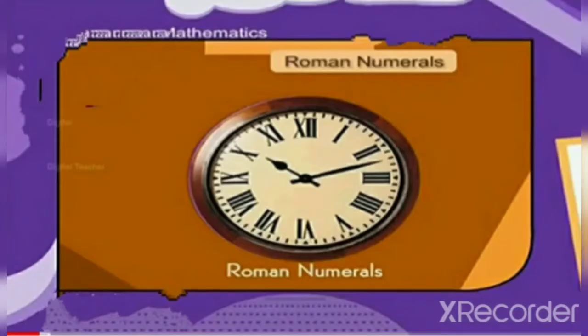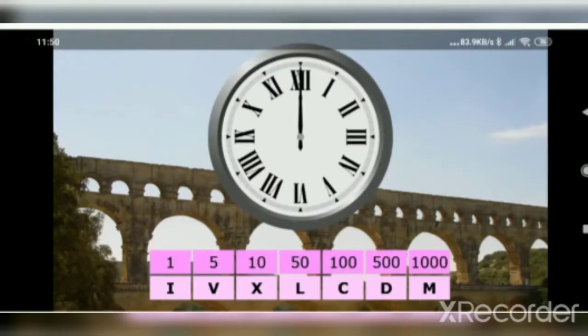Look at the given clock. Have you noticed some symbols on it? Well, these symbols represent Roman numerals. Let us find out what they actually are. All the symbols given here have definite meaning, but there is no symbol for zero in this system.